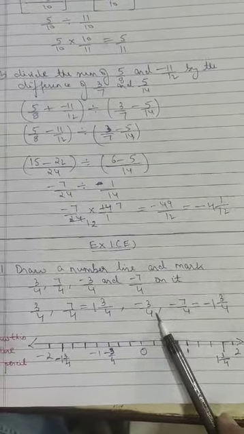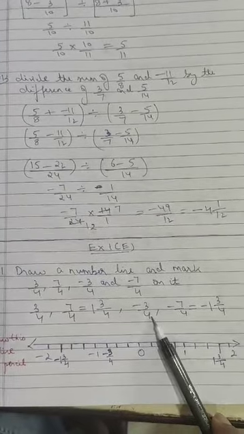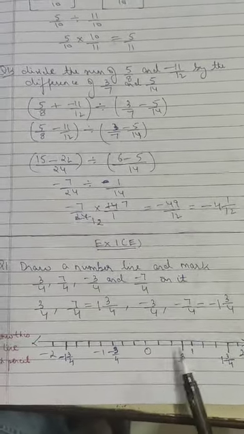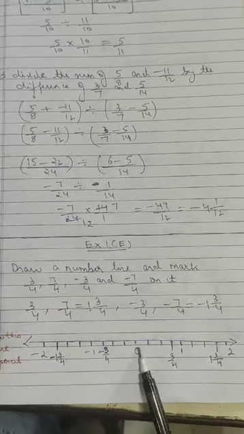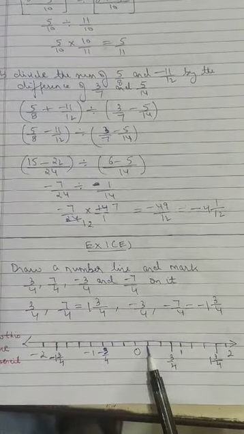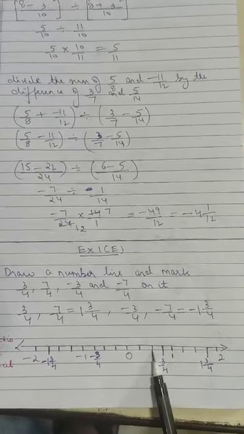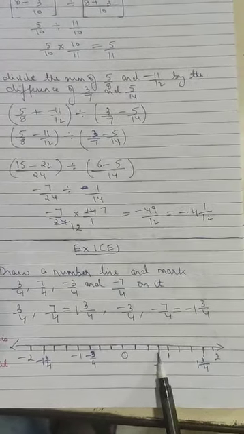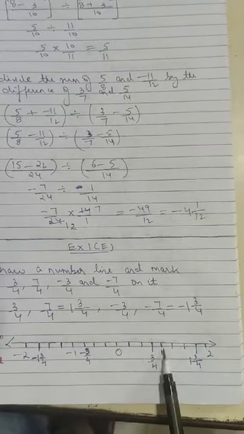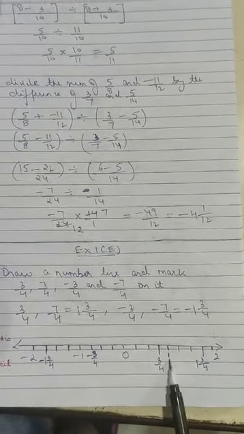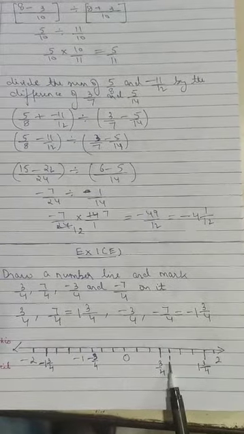Whatever number is given in the denominator, we reduce it by 1, and that many lines we will draw in between all the numbers. Now, after 0, the first line which we have, this is 1 upon 4. The second line we have, that is 2 upon 4. The third line which we have is 3 upon 4. And the fourth line which we have, that is 4 upon 4. But in place of 4 upon 4, we have written 1 here, because 4 upon 4 on reduction will give us 1.